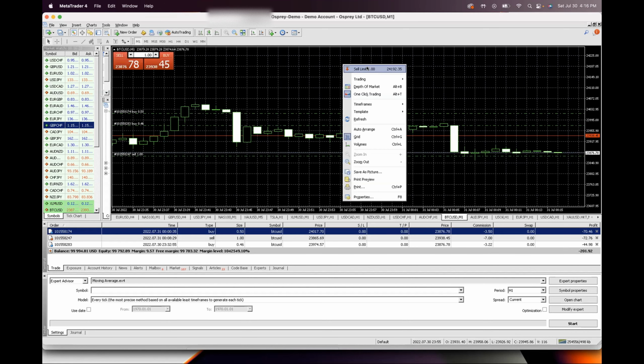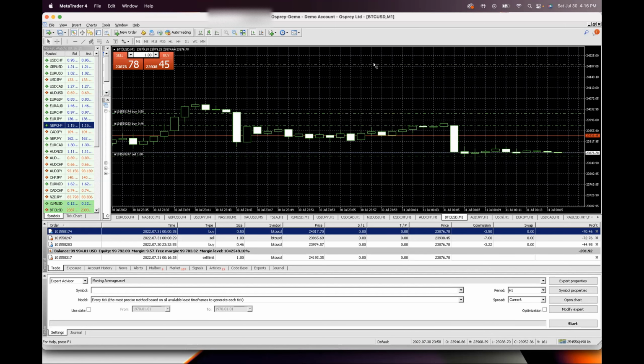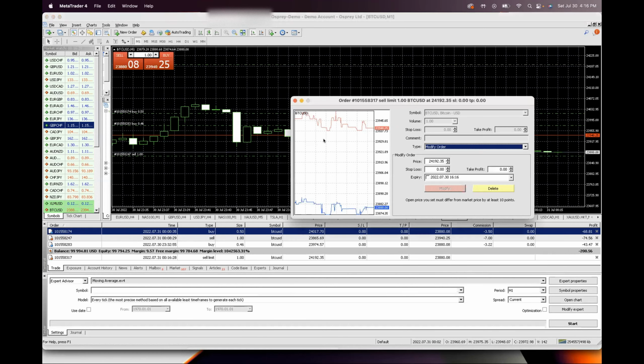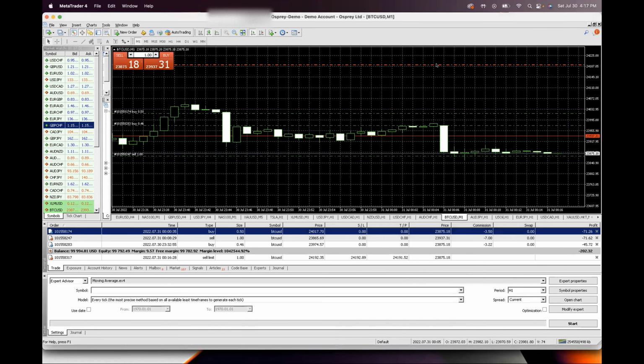So there's two different things that you can do. So we could do a sell limit. What a sell limit basically means is whenever price comes to this area, we can anticipate price coming up. We might want to sell from this area. And what that can do is we can modify this. We can do the take profit again, because it's a sell, take profit is going to be below. So we can decrease from this amount. And for our stop loss, since we're selling, our stop loss is going to be above. So we want to put it up there. All right. So once we click modify,